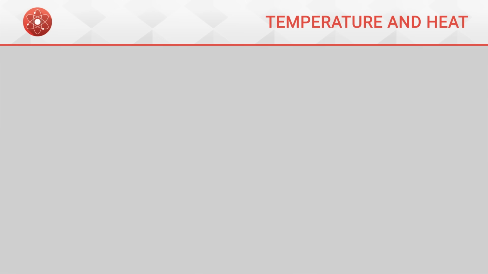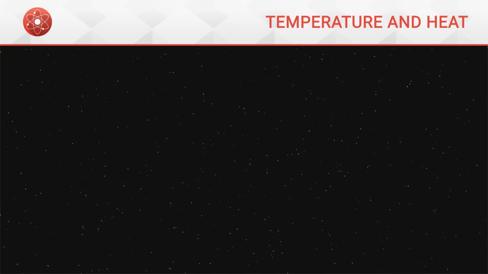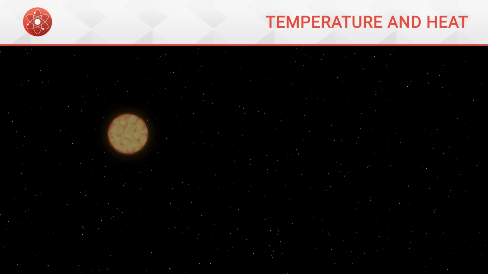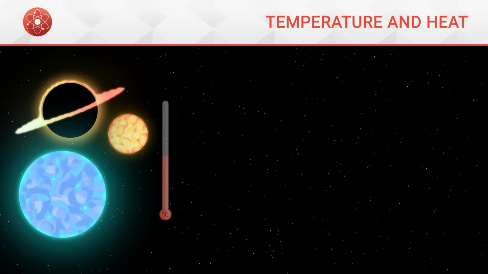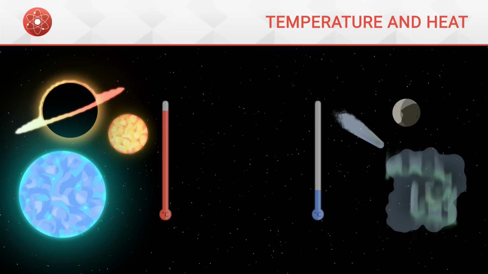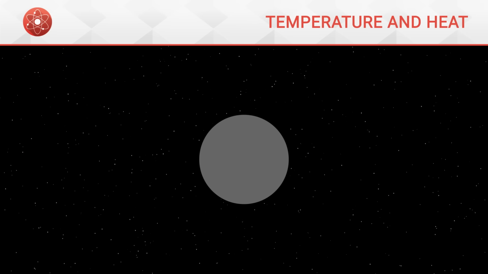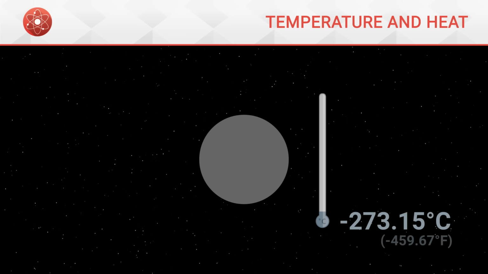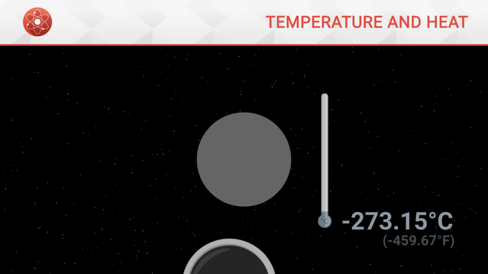In the universe, there is a whole range of different temperatures. Some objects are very hot with very high temperatures, while some are very cold with very low temperatures. However, it would be impossible to find anything colder than -273.15 degrees Celsius. Indeed, at this extremely low temperature, the object's molecules would be so still that they would in